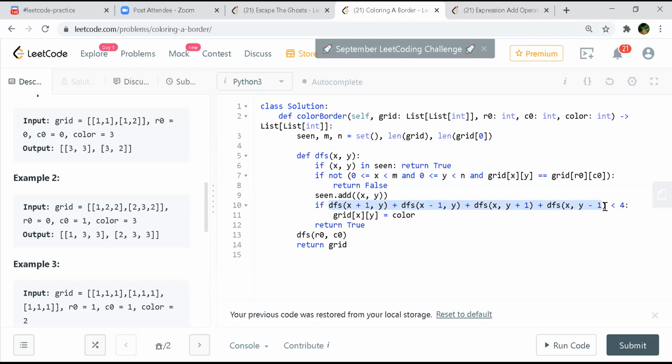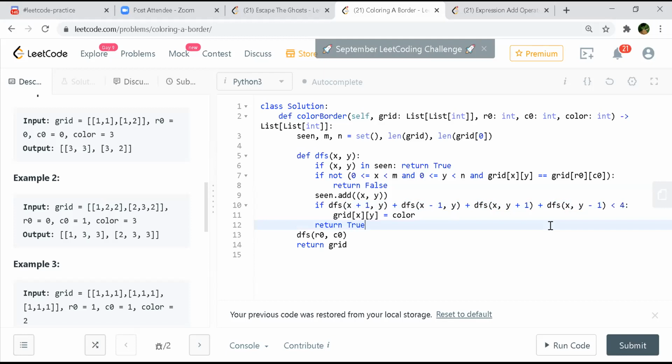Okay, so in this case, you are adding all the Boolean values which are true. Yeah, so then you're converting them to integers, which will be 1 for each. And if all of them are 1, then it is 4. So if it is less than 4, it means that it is a border. Okay, this is good. Does Python convert True to 1? Yes, it will convert implicitly. Interesting. So how is this less than 4 thing working? How do you decide on this basis that it's a border?